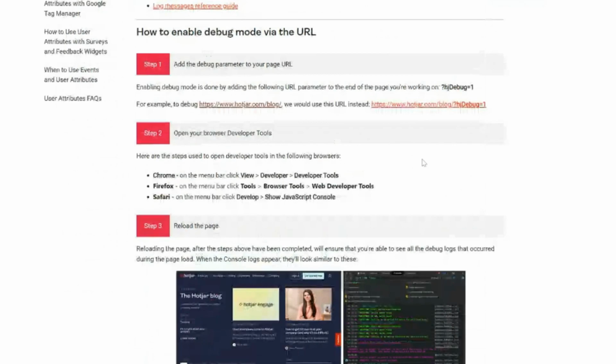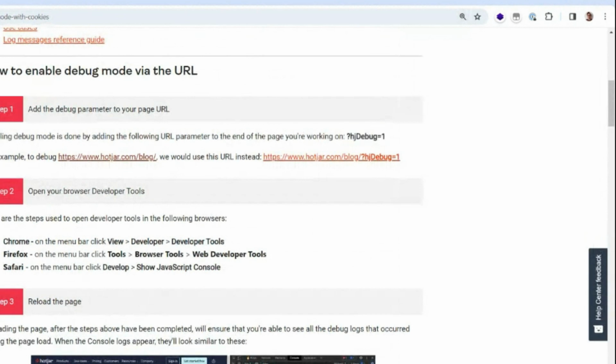Sure that your user attributes are properly set up using the debugger. All right, so I'm on the HJdebug mode page. The query parameter is an easy way because you just type it in and you refresh the page and it